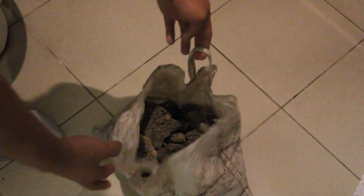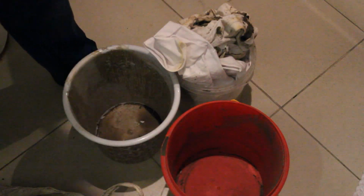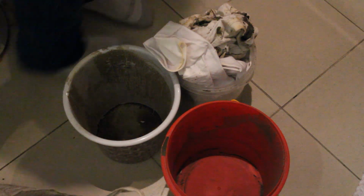So to start things off, I have here my bag of unprocessed wild clay and some buckets that I have over here on the side. This process I'll be using is essentially the wet process as opposed to the dry process. So to start things off, I'm going to be filling up this bucket with water, and while that's filling up,